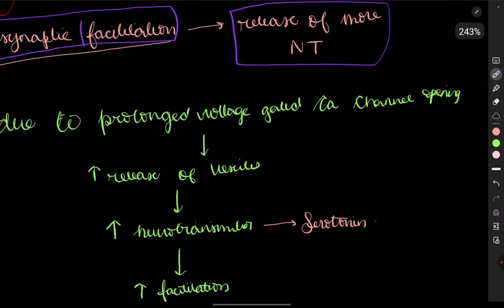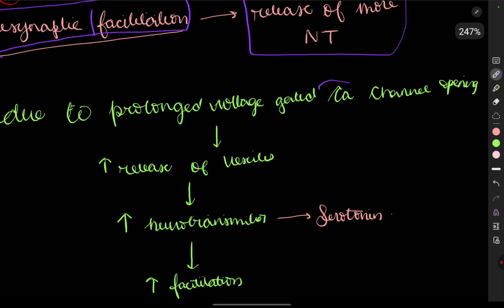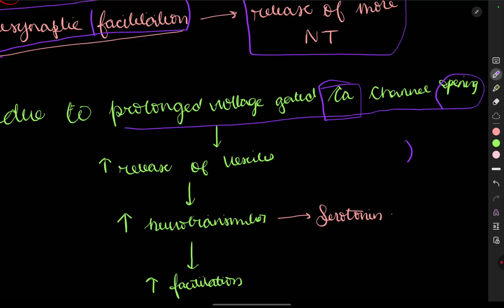So how does it happen? Let's see. Remember, calcium is very important, due to prolonged voltage gated calcium channel opening. We know that at the synaptic knob, we have the channels, and we have the vesicles as well. So as the opening of the voltage gated channels takes place, the calcium ion gets influxed, due to which